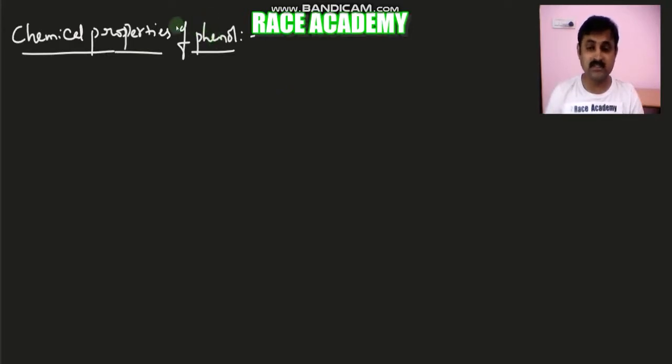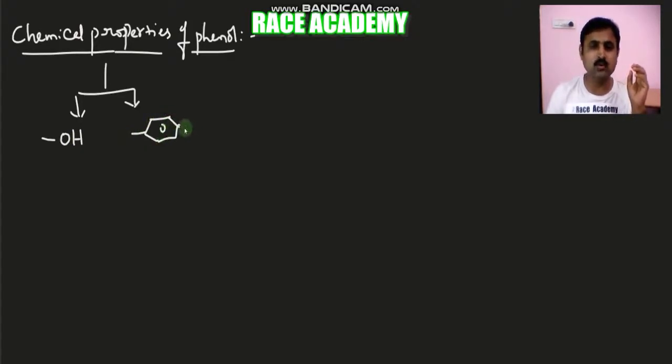We have today's class on chemical properties of phenol. In the last class I also discussed the most important topic of phenol, called the acidic nature of phenol, which comes under the chemical reactions due to the OH group. That means phenol can give chemical reactions due to the OH group and due to the benzene ring. So, due to the OH group, phenol gives chemical reactions, and the benzene ring or phenyl group present in phenol also